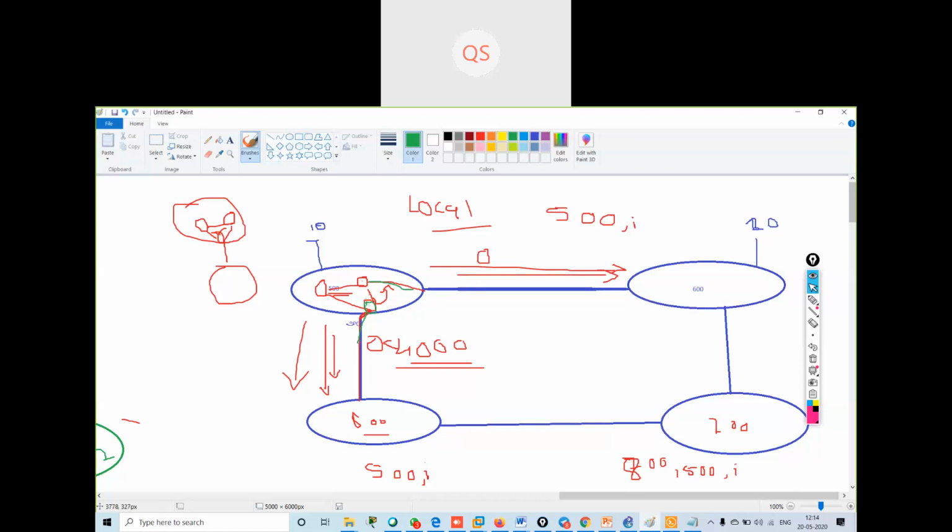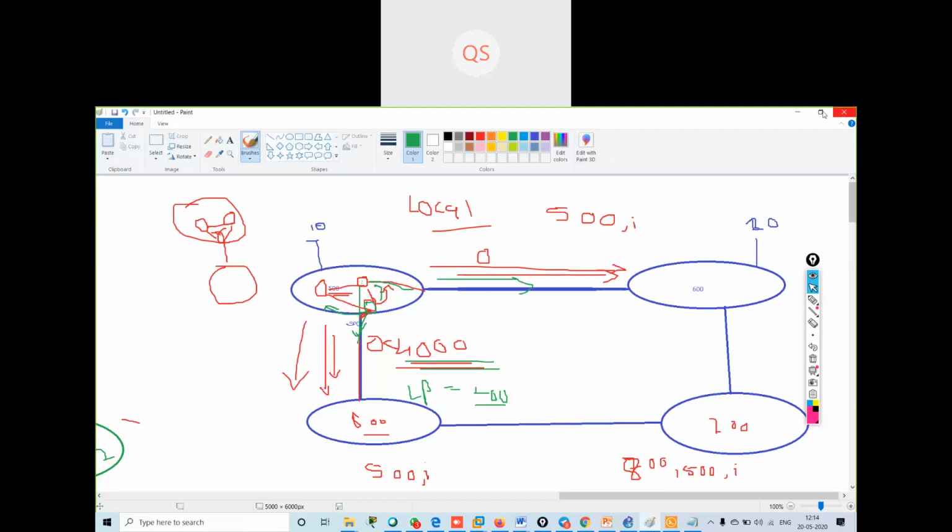If I change the weight or local preference value on this router, if I make it 200, it will pass the information to all the routers that the local preference value has been changed here. This is the best route, so now this router also will go via this route only. It will not go via the other route.